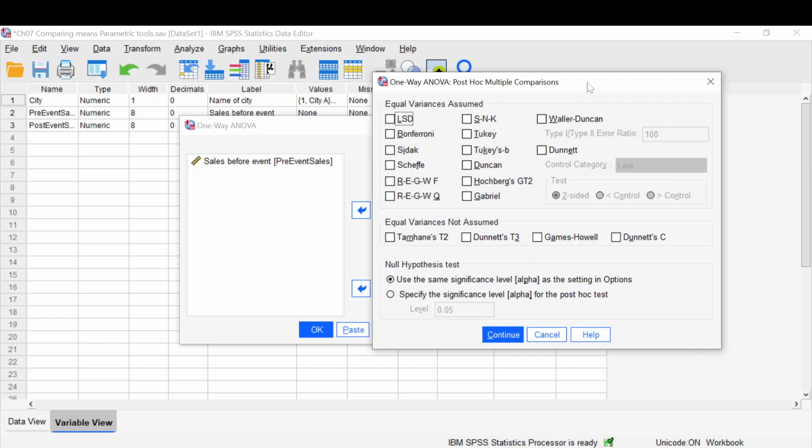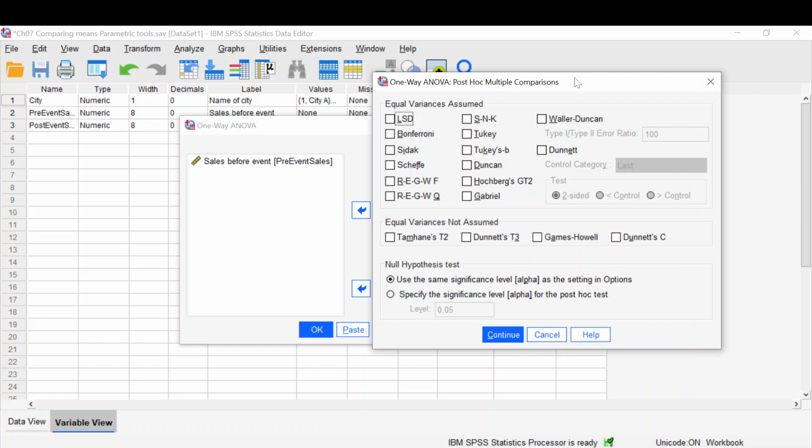So for example, in this case, an ANOVA might tell us there is a significant difference among City A, City B, and City C, but it won't tell you which cities are actually statistically significantly different from one another. Well, a post hoc test can be thought of as essentially multiple t-tests all done at one time. Okay? This way you can say, what is the difference between A and B, and A and C